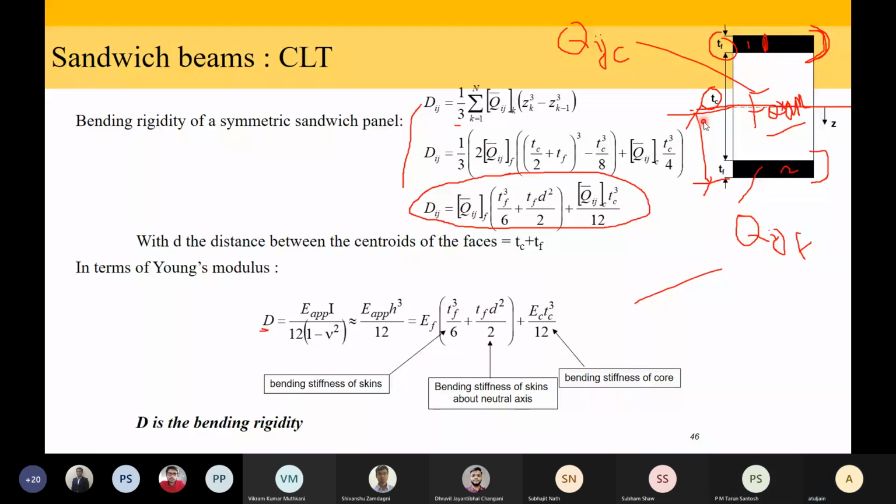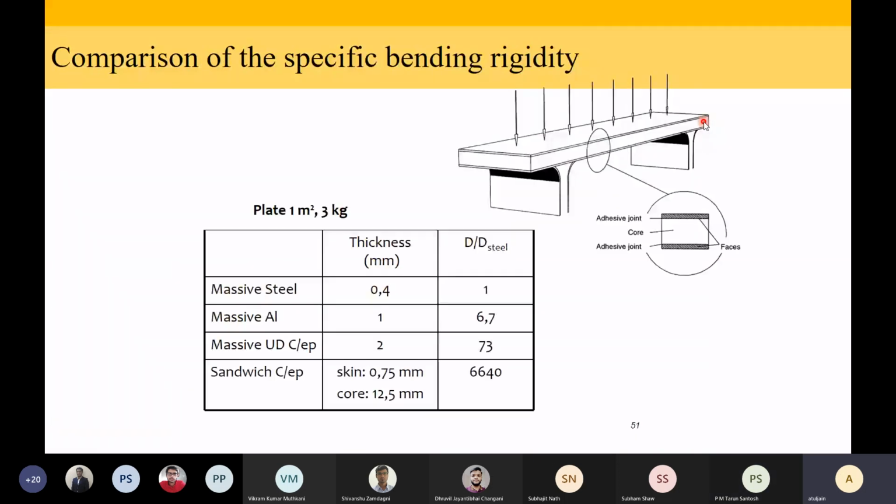Okay, sir. But one thing you have to be careful while interpreting this is that this is UD material, unidirectional material, and carbon fiber has very good properties in one direction. In the two direction, it is not so nice. So when we are talking about steel and aluminum, it is isotropic. So whether you bend in the one direction or you bend in the two direction, you are still going to get this value. But when I'm talking about unidirectional carbon epoxy or sandwich which has carbon epoxy in the unidirectional, these are properties only when you bend it in one direction. If you bend it in the other direction, the value is going to be lower.